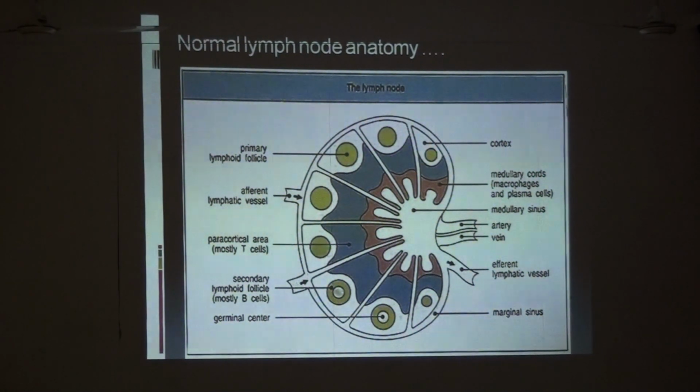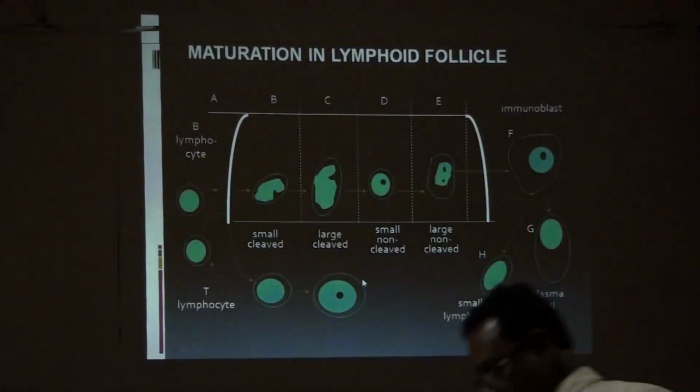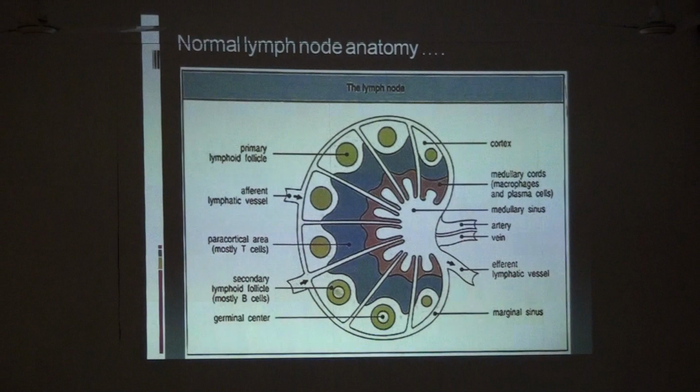And they have a center, the follicular center. It is called the follicular center. It comprises centrocytes, centroblasts and dendritic cells, antigen presenting cells, and is surrounded by a zone of small mature B lymphocytes called the mantle zone. Then this paracortical area has high endothelial venules and T lymphocytes. Then this medullary cord has plasma cells and macrophages, and this is the medullary sinus.